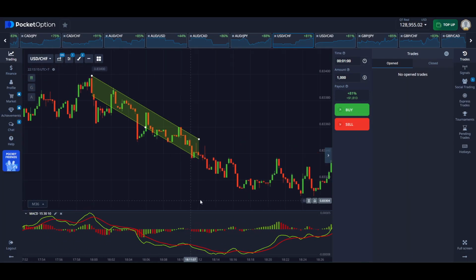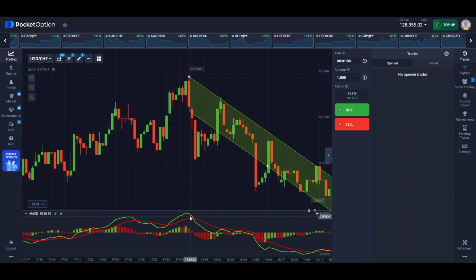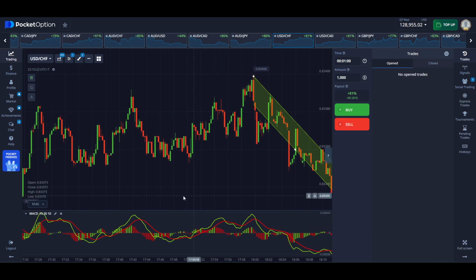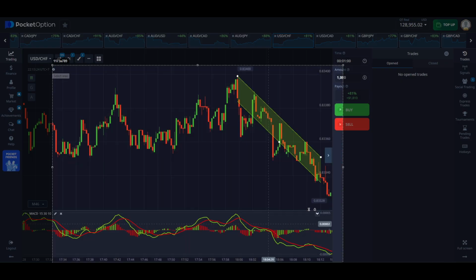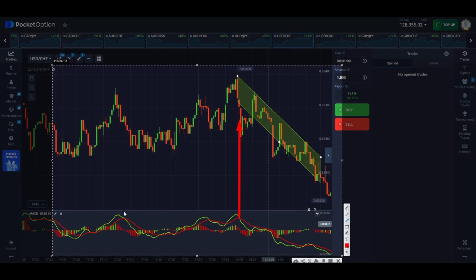That is, the crossover should occur above. The green line should go below the red one. Only then do we open a sell trade. If we look at the chart's history, here we had a crossover, this is a direct signal to sell, and here as well we had the sell signal, and as you can see, in just 1 minute we could have